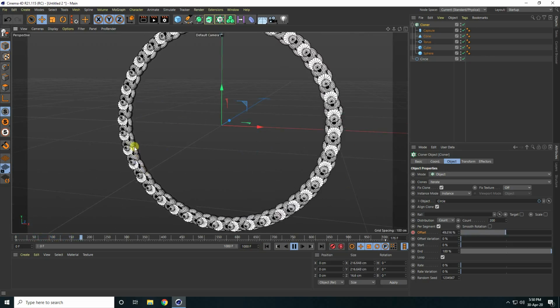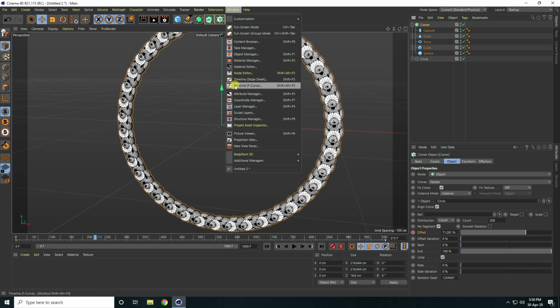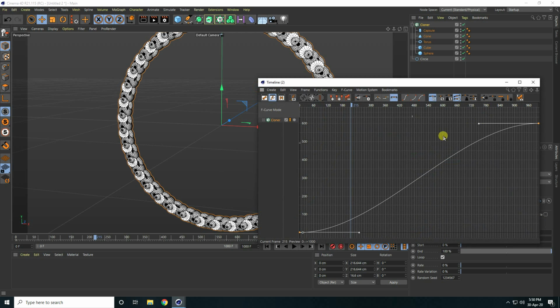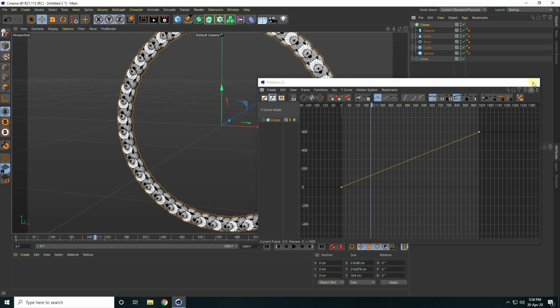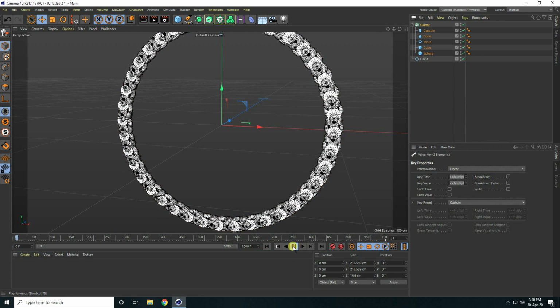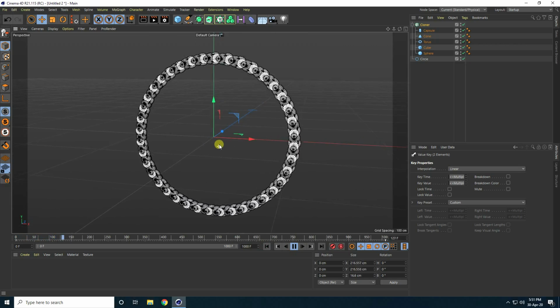But guys, that's not looking good, so stop. So guys, select this cloner and I go to Window and use the Timeline F-Curve tool, yes, and make it smaller. Select all keyframes and click on the linear tool, this one, yeah, right. Okay, so guys, now play, yes, better, right.